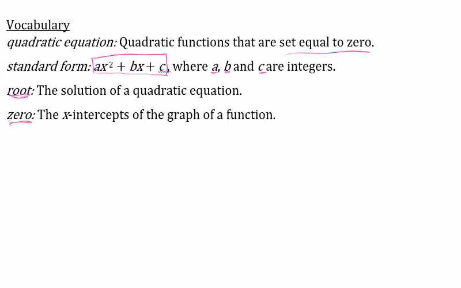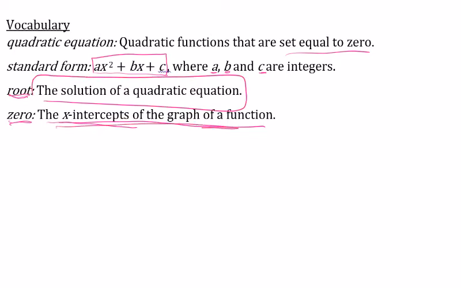And then a 0 is kind of synonymous with root for all intents and purposes, but the 0 is the x-intercept of the graph of a function. So these are basically the same thing, even though they have different meanings in terms of this is actually the algebraic solution, and this is the graphical version of that, but they mean the same thing. They're basically the solutions to a quadratic. So let me show you what I mean